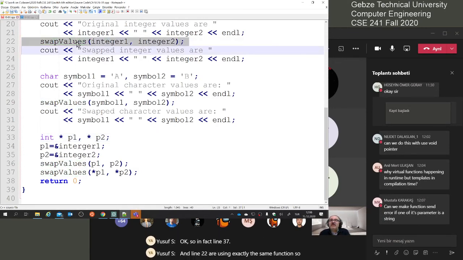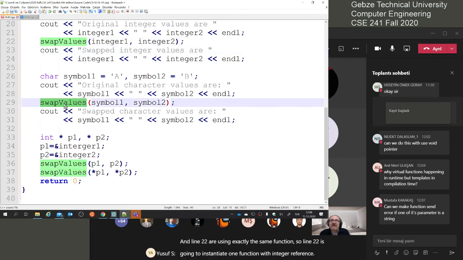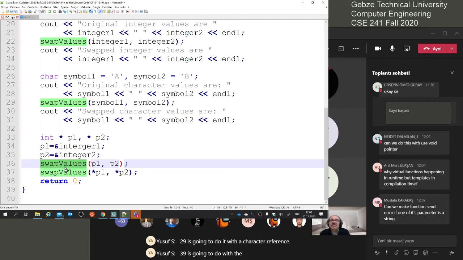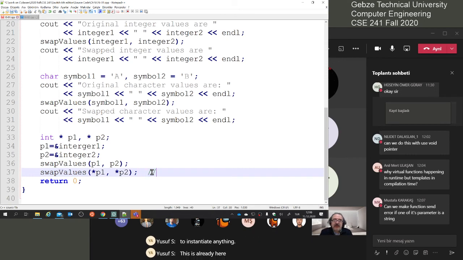So line 22 is going to instantiate one function with an integer reference. 29 is going to do it with a character reference. 39 is going to do it with the integer pointer reference. 37 is going to do it with the integer reference, but the integer reference is already written and compiled, so 37 is not going to instantiate anything. This is already here. We already have this. Do that kind of experiment,